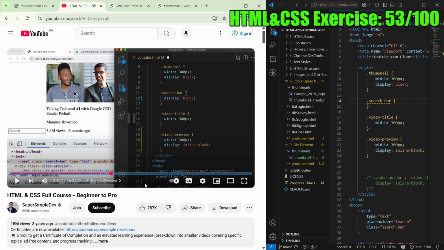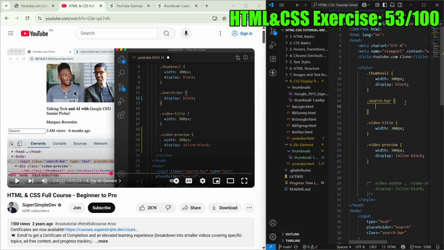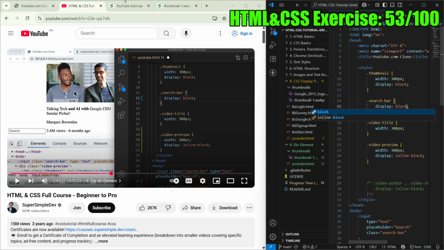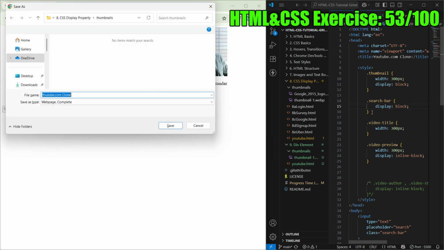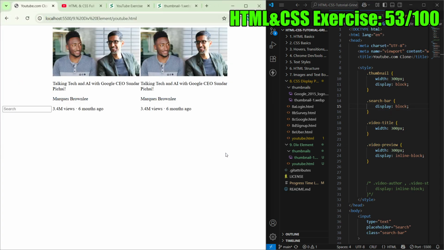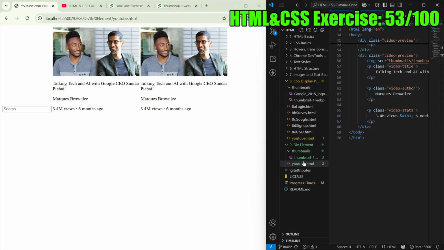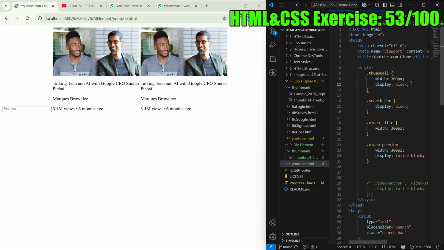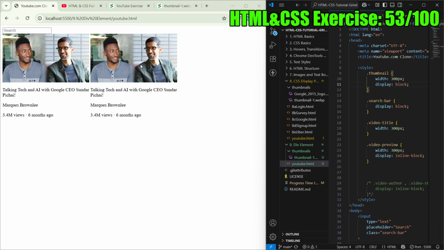Oh, okay, this search bar is display block. To make it display block, if I save this, no, cancel, not you, over here. If I save this, because I changed it to block, there we go. Okay, it follows it. Now the question is, how do I